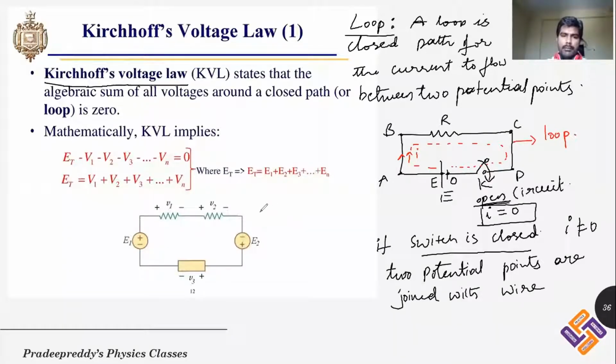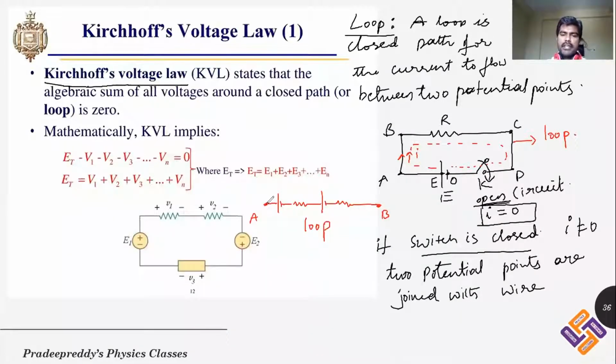I am considering one point A, and here there is a battery, and here there is a resistor, and here there is a battery, and one more resistor here. It is point B. This also becomes a loop. It is also a loop. It is not necessarily always closed, just like how I have shown it in the figure ABCDA. It may not be like that.